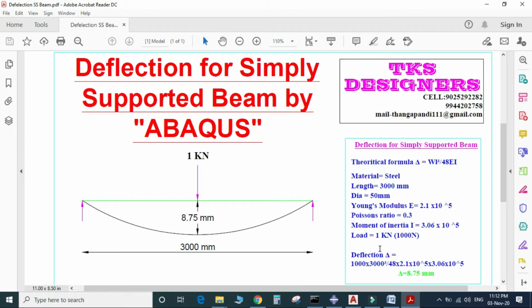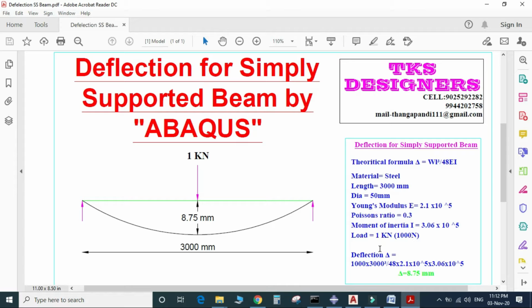It is converted into Newton, so 1 kilonewton is equal to 1000 Newton, and L is 3000 mm, and E, the property for the steel rod, the Young's modulus E is equal to 2.1 into 10 power 5 Newton per mm square.